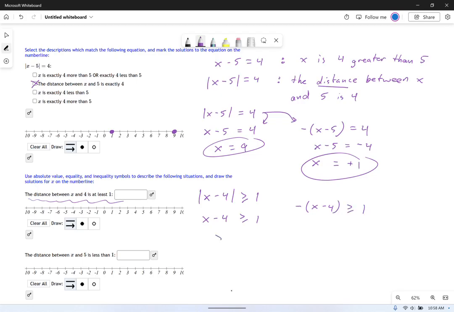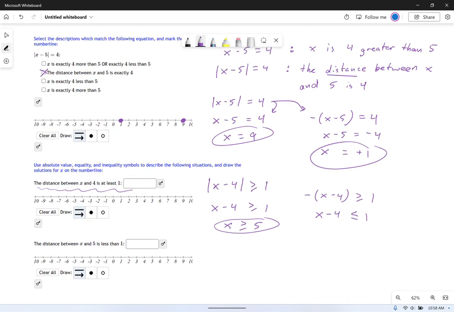And if I solve each of these, I get two equations. I get x greater than or equal to 5. That's one of my solutions. And the other one is this. And this gets tricky. When you multiply by a negative or divide by a negative, you flip that inequality. Most people have some vague memory of that happening in middle school, right? And then, excuse me, I need a negative sign there. And then I add 4 to each side, and I get this. x less than or equal to 3. So these are the two solutions to that inequality.